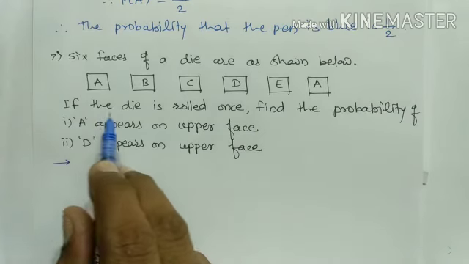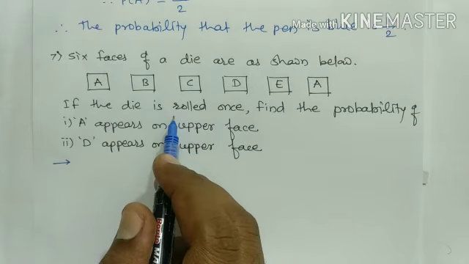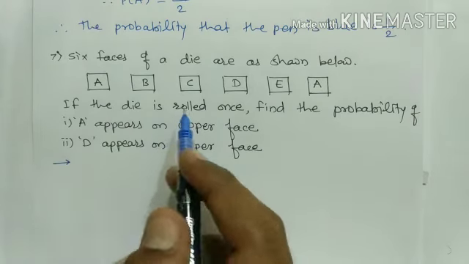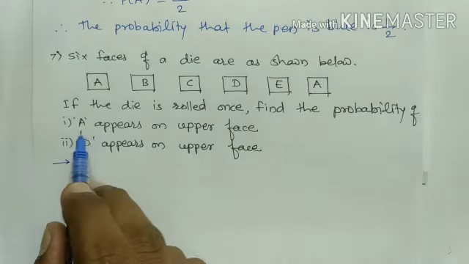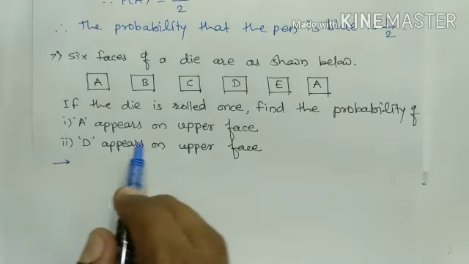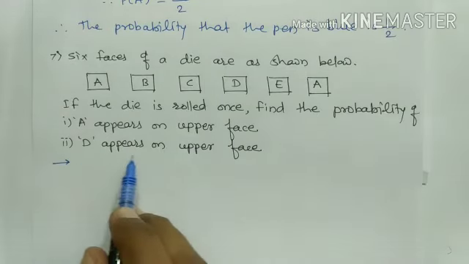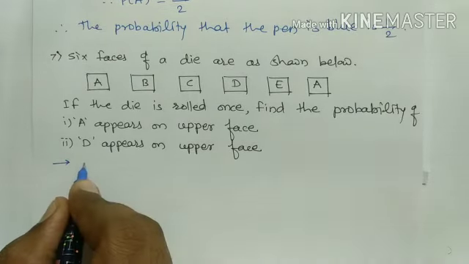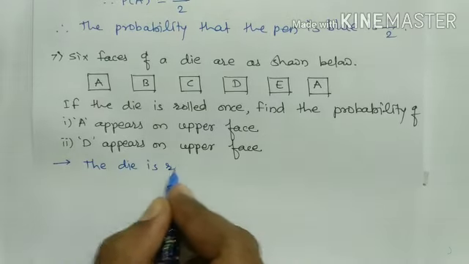So, if the die is rolled once, this is the random experiment. First we have to write the sample space of this random experiment, and then we have to find the probability of the following events. The first event is A appears on upper face, and the second event is D appears on upper face. First we write the random experiment. The die is rolled once,